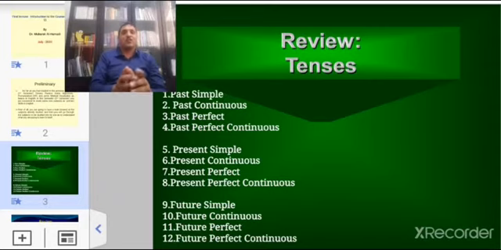Okay, you're focusing on the verbs that I have been using. You have to pay attention. Okay, and this is just a review, and there will not be an exam from these terms, but for your knowledge and for your information, and to have a basic background about these things.